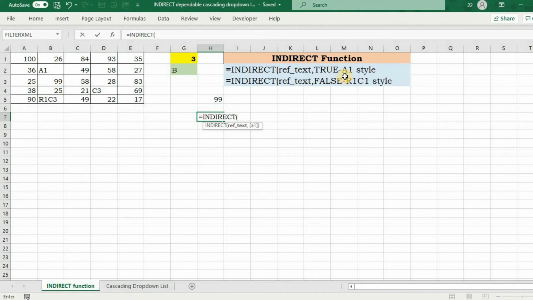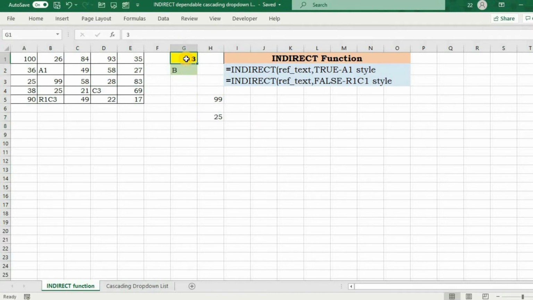Say I want to refer to cell A3, or A and whatever is there in G1. I will start typing. Have in your mind a simple thumb rule: everything apart from the variable will be enclosed in double quotes. So I'll start with INDIRECT, obviously, and type "A" in quotes, then close it and ampersand it with this variable, and now I can close it. So this makes it A3.